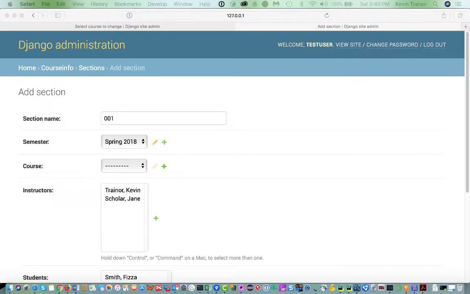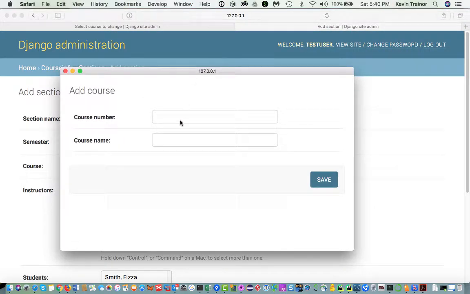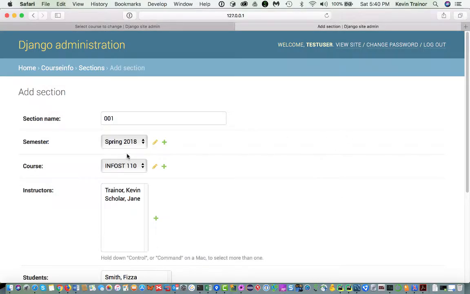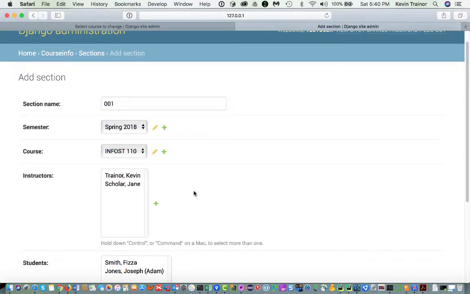So I got another window to pop up on another monitor, but that came up. So course number is going to be Infos 110. And the name is going to be Introduction to Information Science. And we're going to save that. And that's pretty slick because we don't have to go to another part to enter it. That's very nice about this